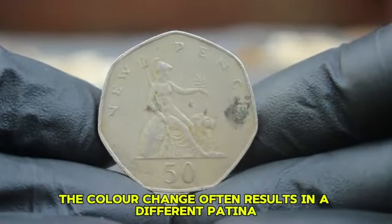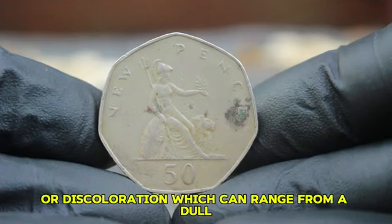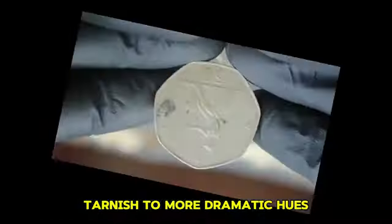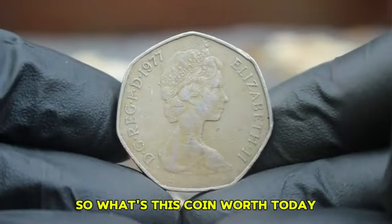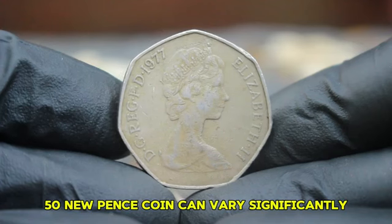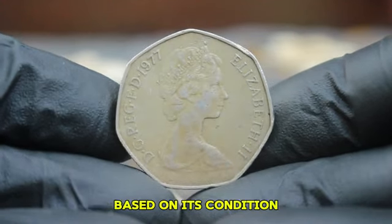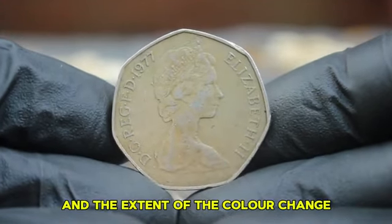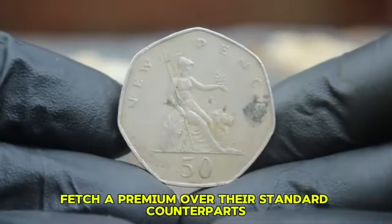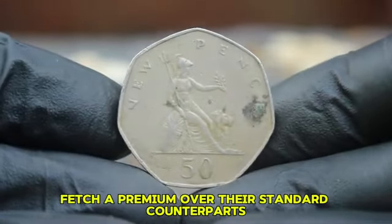The color change often results in a different patina or discoloration, which can range from a dull tarnish to more dramatic hues. So, what's this coin worth today? The value of a color-changed 50 new pence coin can vary significantly based on its condition and the extent of the color change. On the auction market, color-changed coins typically fetch a premium over their standard counterparts due to their